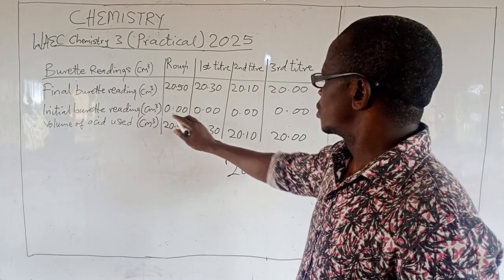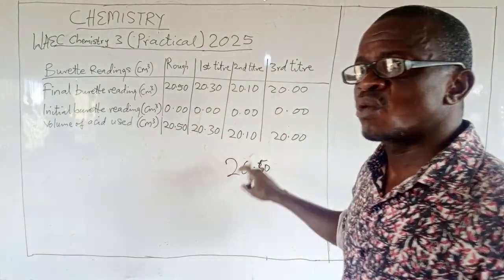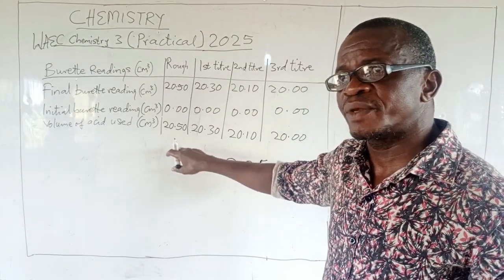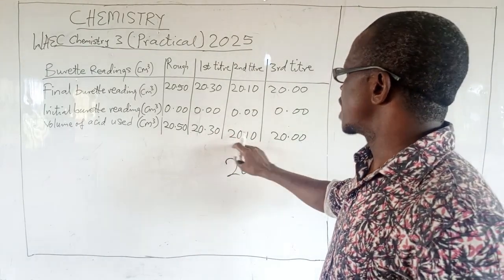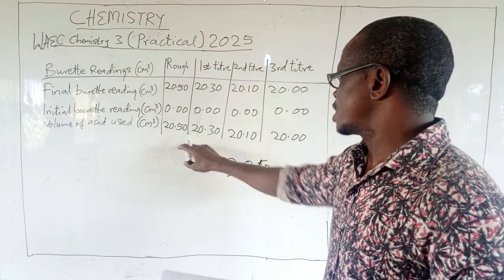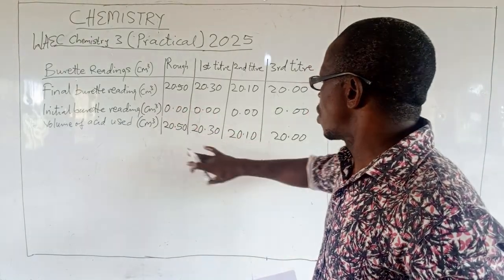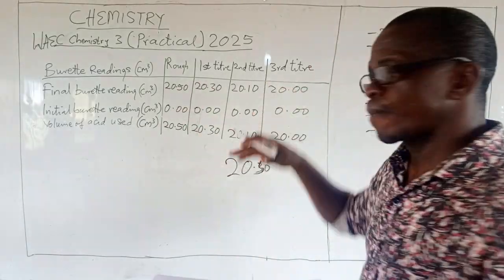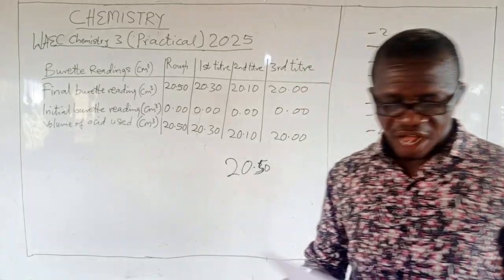You lose 1 mark. You did not record this, 1 mark gone. Times how many places? 2. Why is it 2 that we are talking about? Because the examiner will only mark 2 of these, not all. Only 2 sets. Either these two or these two or these two, any 2, based on the ones you are using in your average titre.